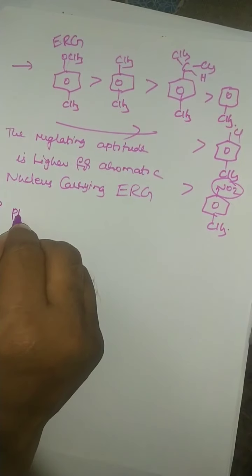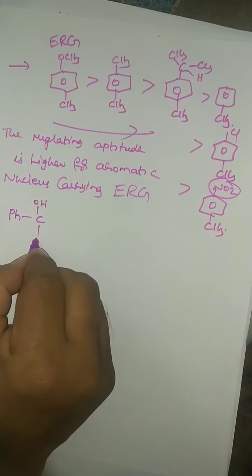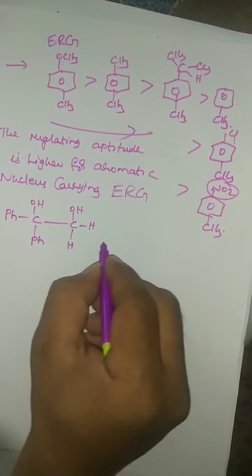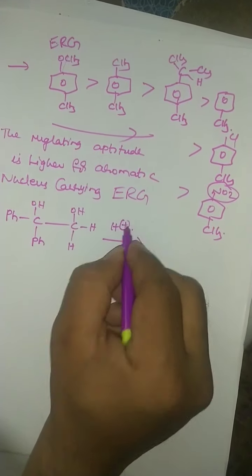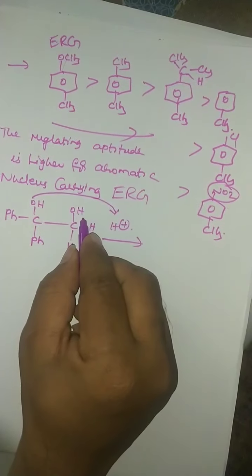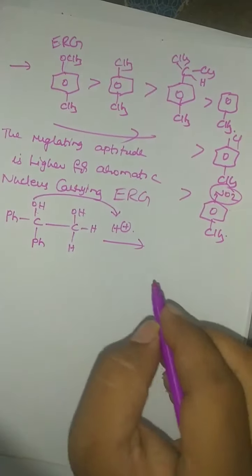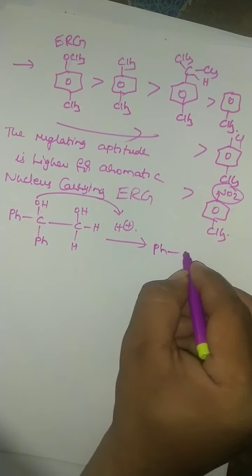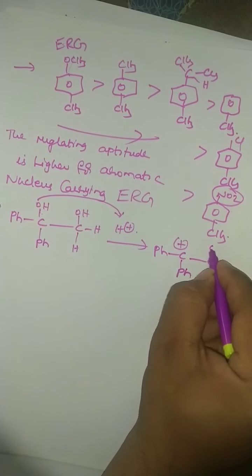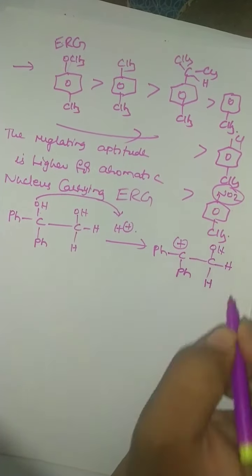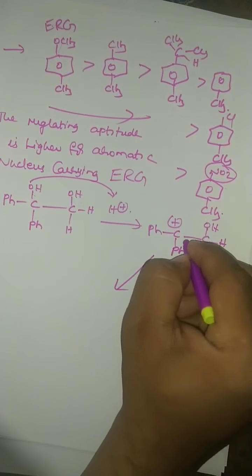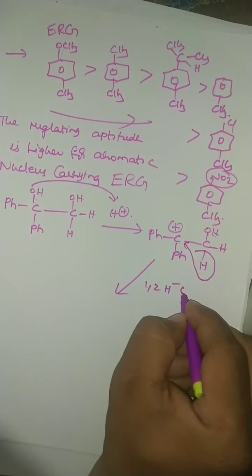See, for example, one more example I am taking. So this is the compound in the presence of H plus. So what happens, students, in the presence of H plus? See here, this one will interact, not this one. Which OH group undergoes protonation is also important. See, this OH group undergoes protonation because of formation of the more stable carbocation. And in the next step, which one will undergo migration here? Hydride shift, 1,2 H minus shift.